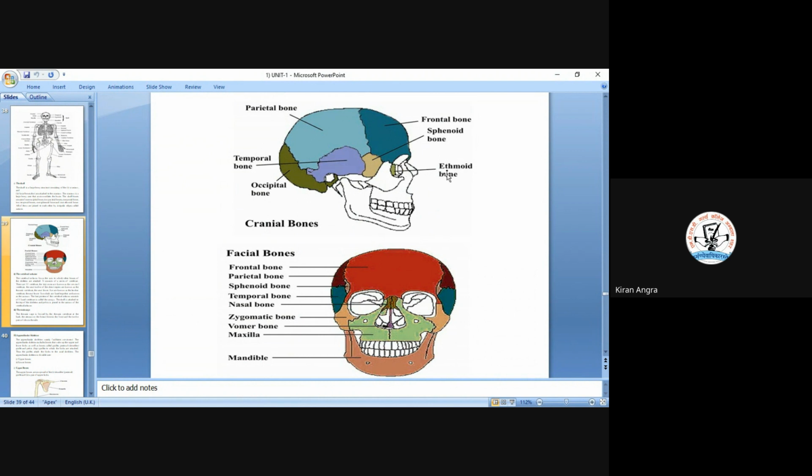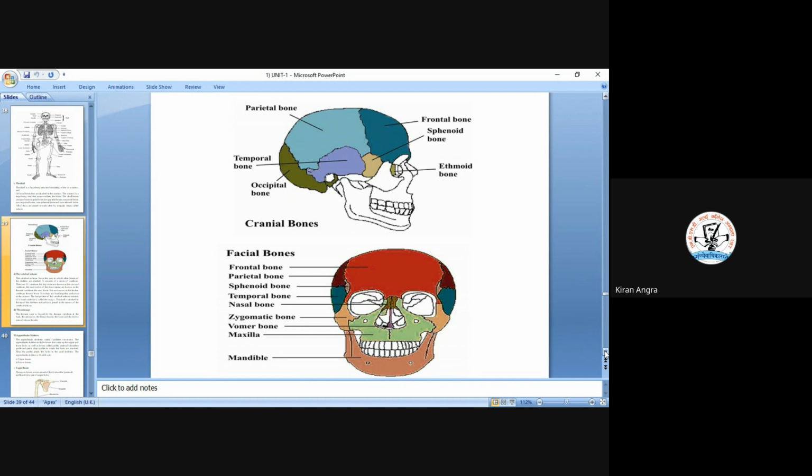They are joined because their edges are not regular but irregular, so they just fit into each other. They are called the sutures. You have just seen the skull, looking at the skulls, you know. So then there is